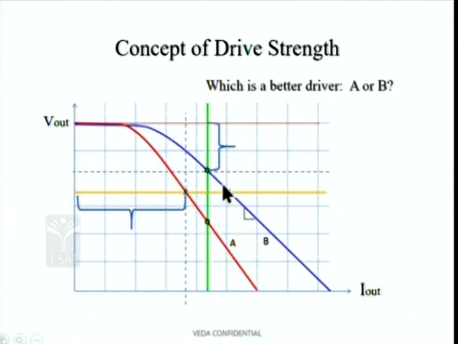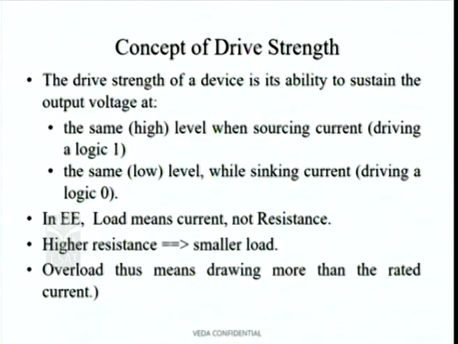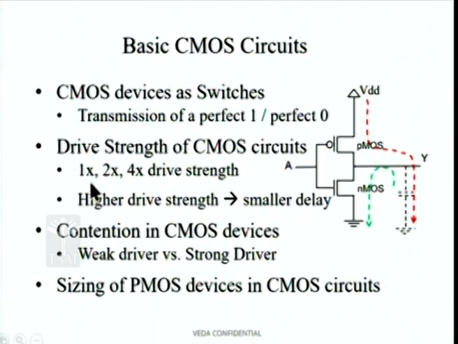Like this, in the cell libraries of the technology library, there are several cells. We have 1x, 2x, 4x drive strength, higher drive strength. 4x is only a name. It may not necessarily mean that the current is 4 times the current of this compared to this at a given voltage. It is just a name which is given for a higher drive strength. We have 8x and we have 16x also.